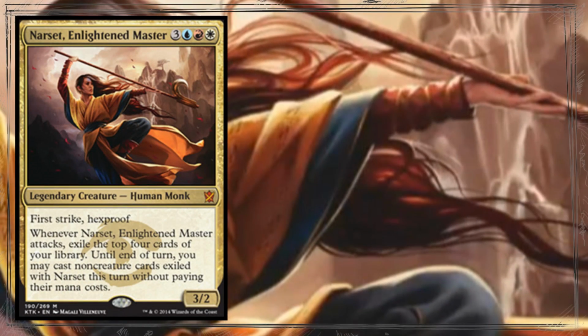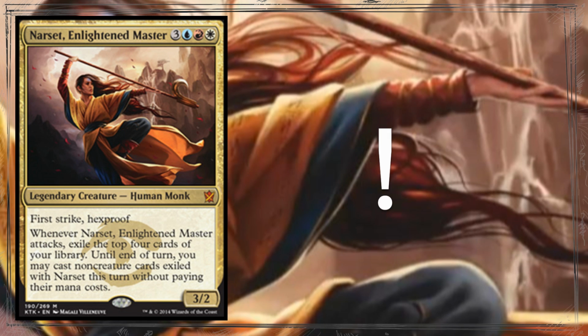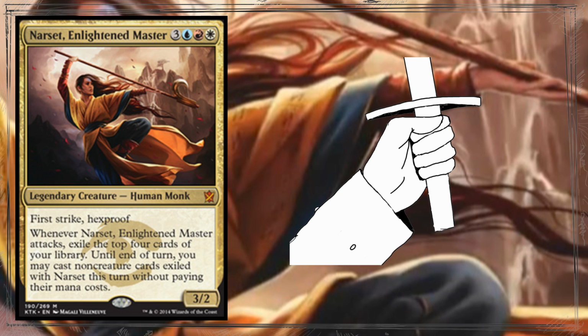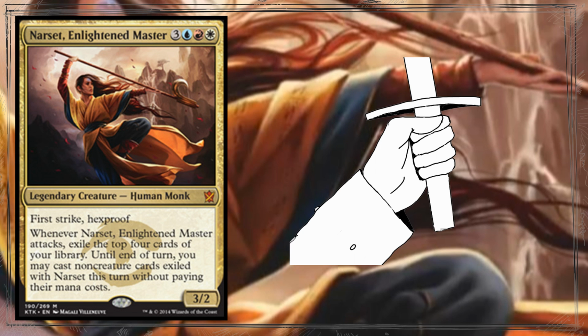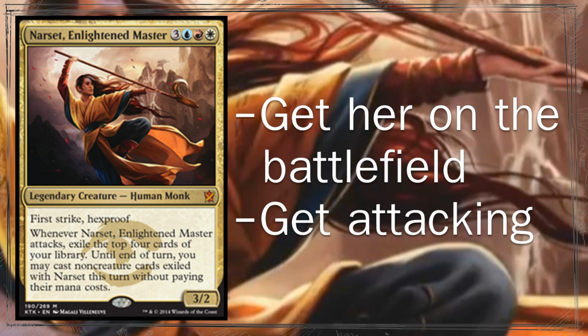Narset is a 3 blue, red, and white 3/2 with first strike, hexproof, and a very powerful ability. It says whenever she attacks, exile the top 4 cards of your library. Until end of turn, you may cast non-creature cards exiled with Narset this turn for free. That's crazy. So what you want to do is just get her on board as fast as possible and get